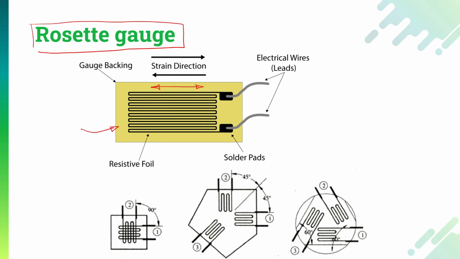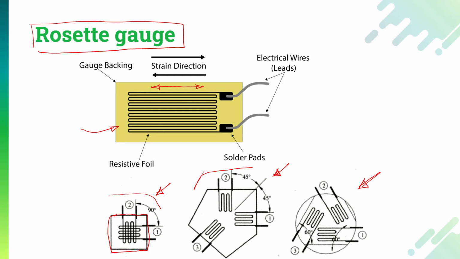But instead of applying separate strain gauges, we can actually use a set of Rosette gauges, which are available in multiple configurations. So these are three basic Rosette gauges which are most commonly used. The very first one is the rectangular type. As it is rectangular, two strain gauges are applied, or say bonded together, at 90 degrees. The second one is the delta type, and the third one is the T-delta Rosette type.